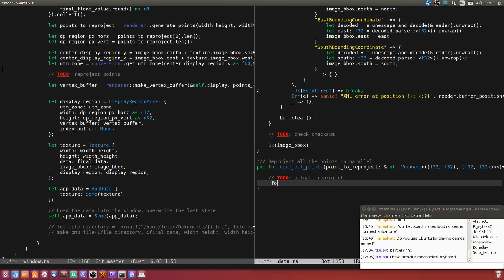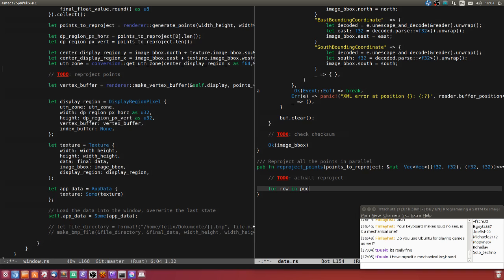And then we just say for row in points to reproject. This is just a simple thing for x, y, tex x, tex y, and row. And then we